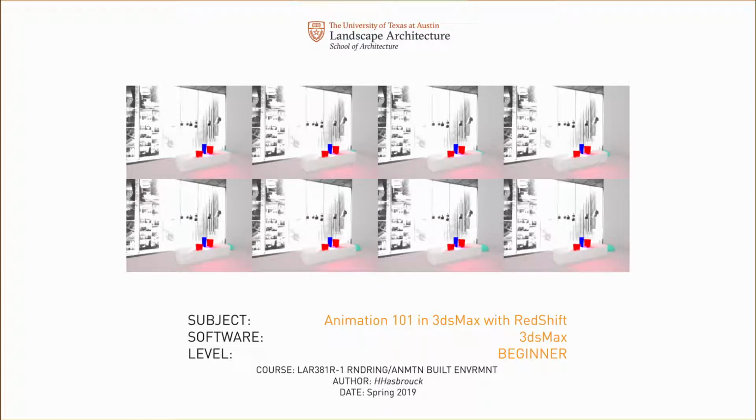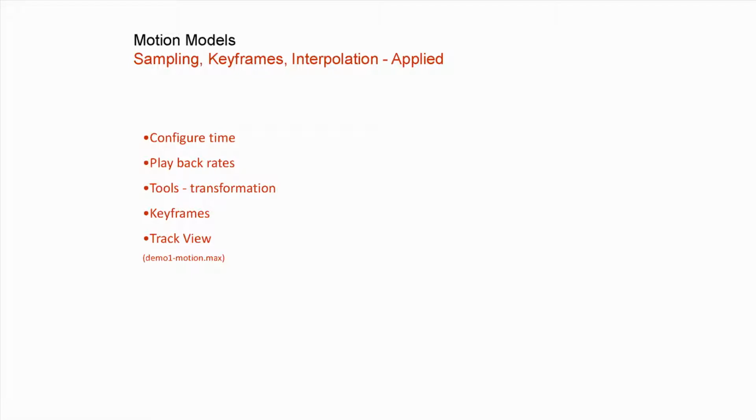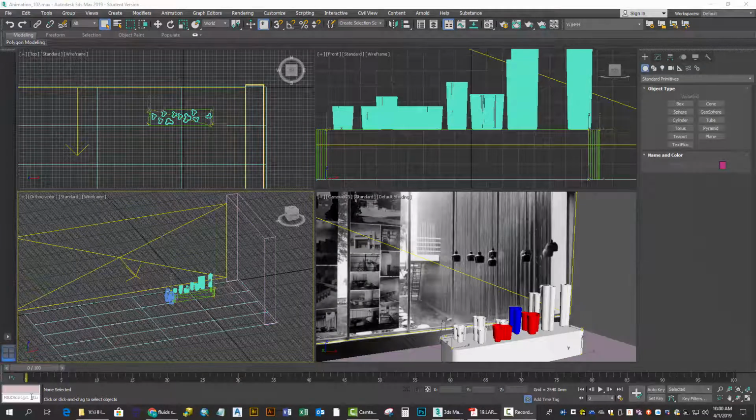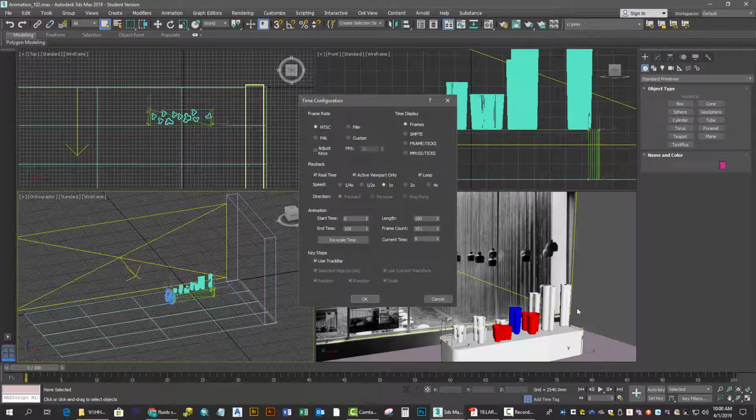This is the first tutorial for animation using 3D Studio Max with Redshift. There are a few things that we need to be able to cover: configure time, playback rate, and the tools. Notice here you have what's called the slider, which has the time scale as depicted in frames. Where the mouse is right now is where you need to work, and what you want to do first is